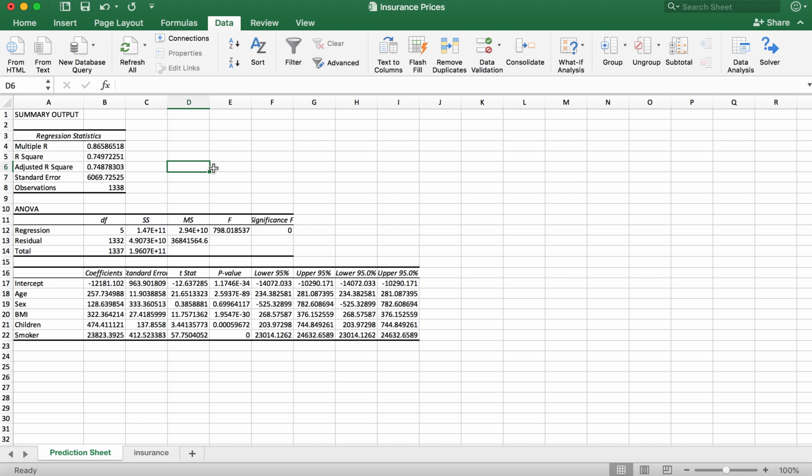Now, what on earth does that mean? It says that the adjusted R-square is 0.7487, so let's say 74.88%. If we multiply this by 100, we're converting it into a percentage basis. So what does this mean? It means that